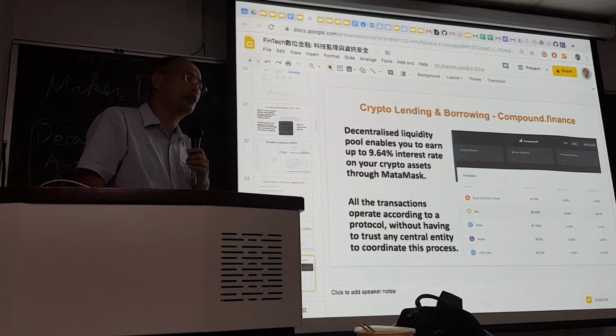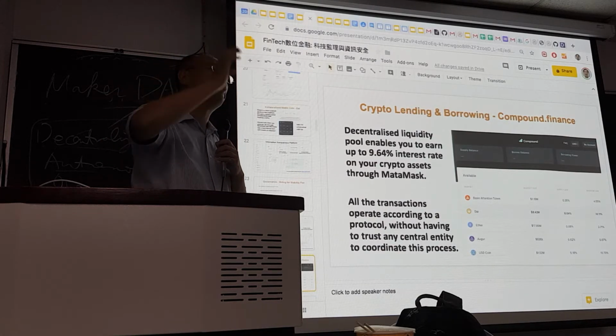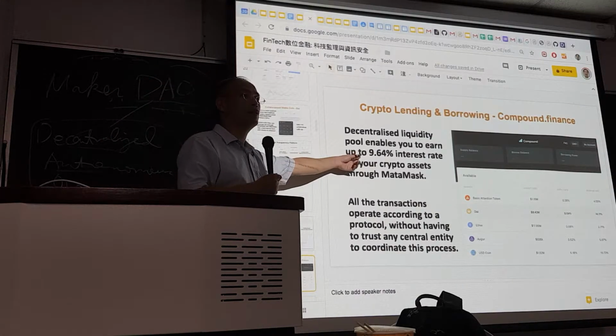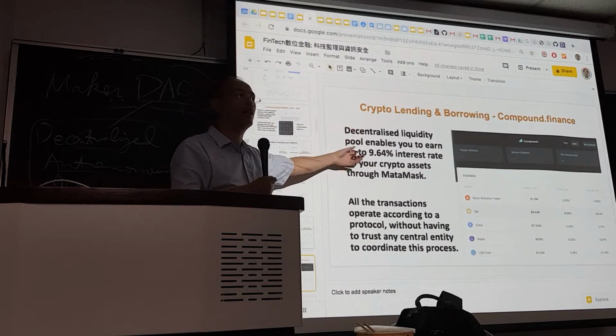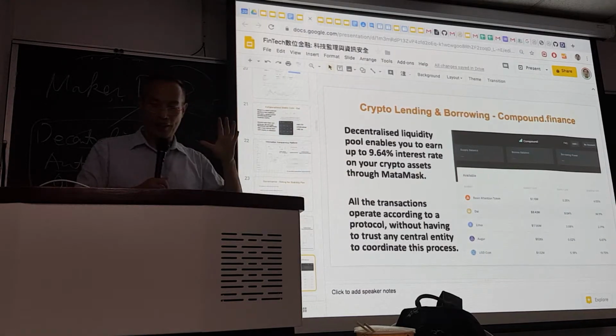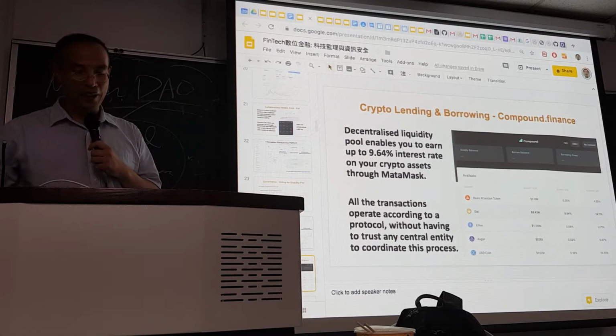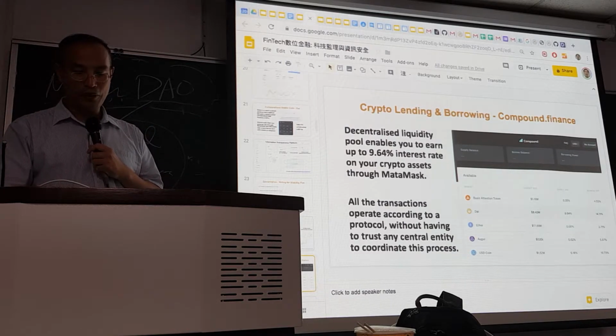Fundamentally, cryptocurrency, the market is very volatile. It's up and down easily 10%. So this to them is very reasonable, like 10%, because they can use the money they borrow from DeFi to make money, make a lot of money. Like say maybe more than 10%, or of course may lose money too.